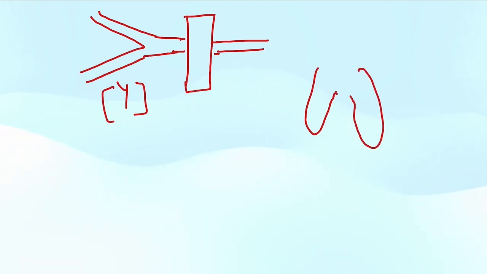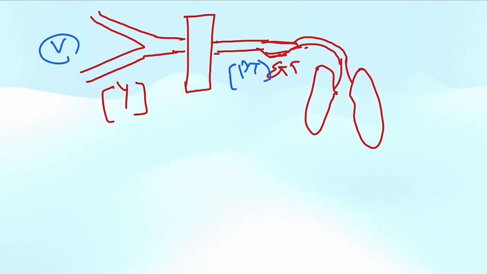Let us understand. This is a basic Y connector, and here is our HME, and this is our patient end. It is a very bad diagram, so you can consider it an ETT, and this is patient end, and this is ventilator end. This is Y piece connector, right? So